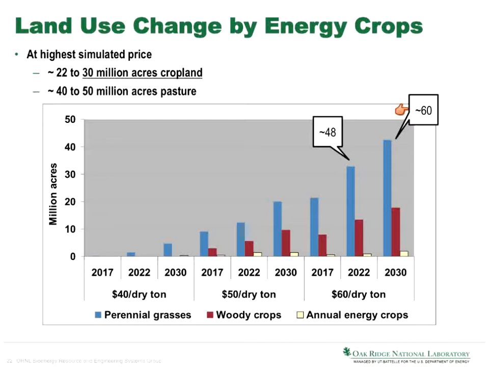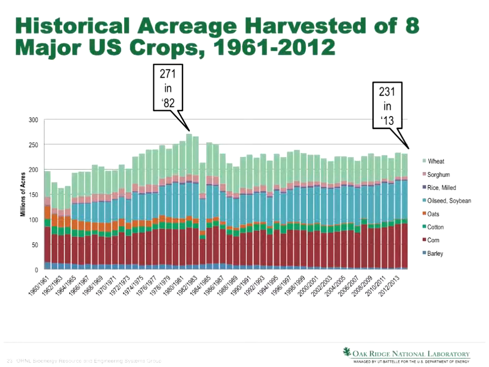So there's additional feedstocks coming in the form of agricultural residues. There's additional feedstocks coming in the form of forest resources. But as far as agricultural land use change, we're talking about approximately 60 million acres. And just in round numbers, approximately half of this might be allocated to cropland, and approximately half of this might be allocated to pasture. But let's just think about it in terms of round numbers like that for the moment.